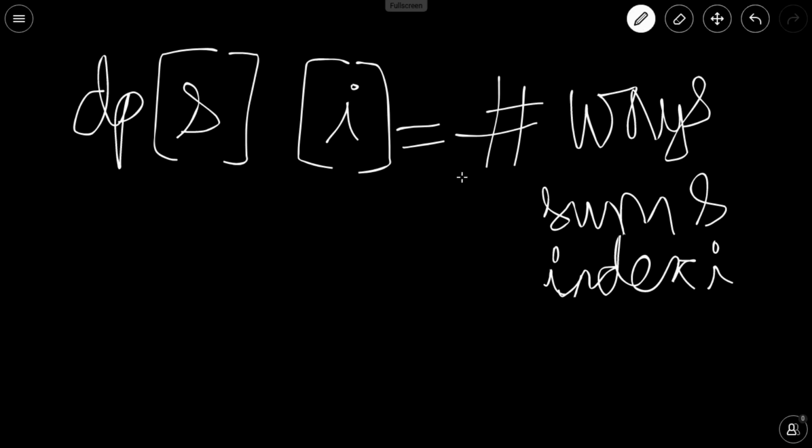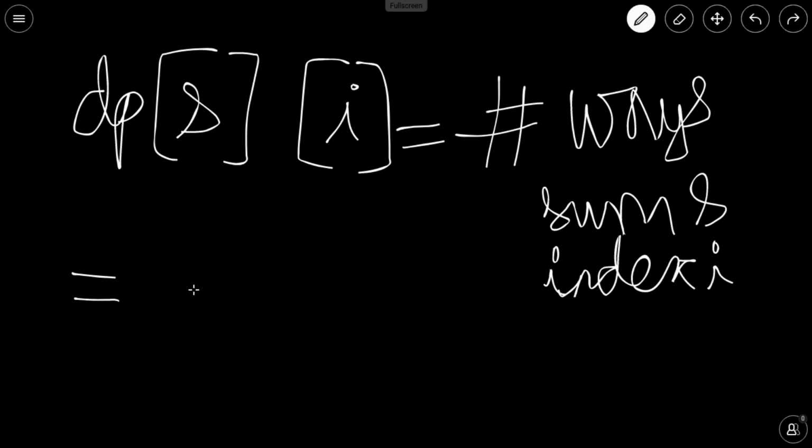So the recursive relation for this DP would be, I told you, either you can use this ith coin, or you can use any coin to the right of it, or I mean to say you can move to the next coin. So basically there are only two ways. Either you use this coin or you move to the next coin. These two ways will cover all the possibilities that are possible.